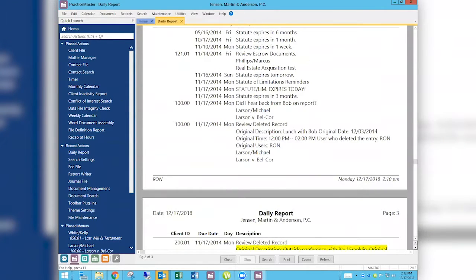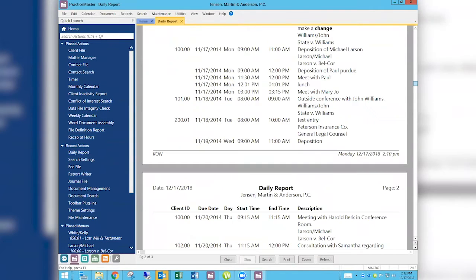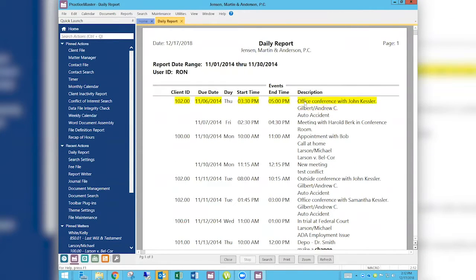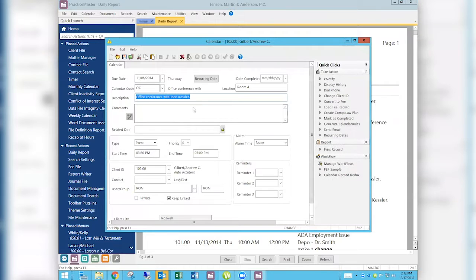Now you'll also notice that as I was hovering over these different options, I get this little highlight. And what that means is anything that I can highlight, I can drill down and click on and open that record. So if I want to open up this particular calendar record, you can see that whole row is highlighted because this is the calendar record itself. All I have to do is hover and click on that, and it will take me directly to that calendar record. At that point in time, when I'm on here, I can make any modifications that I need to, changing the due date, changing the time, resave it, and then I can refresh my daily report, and that will move